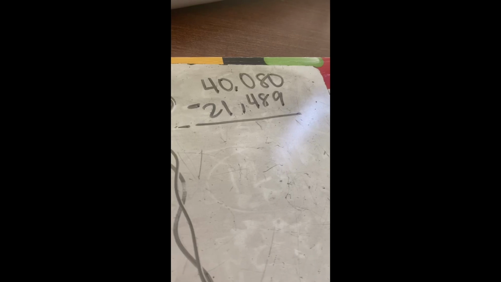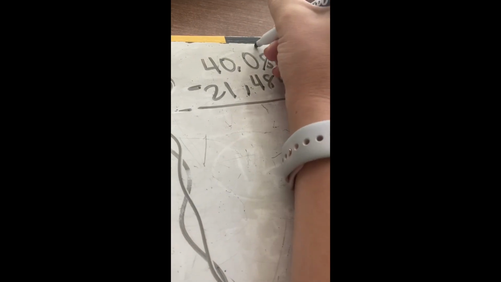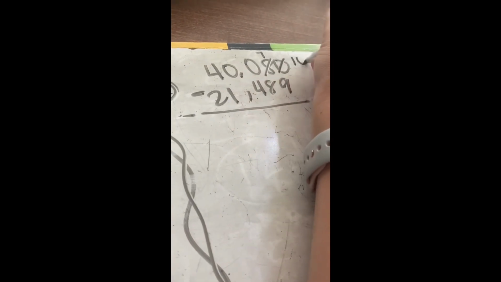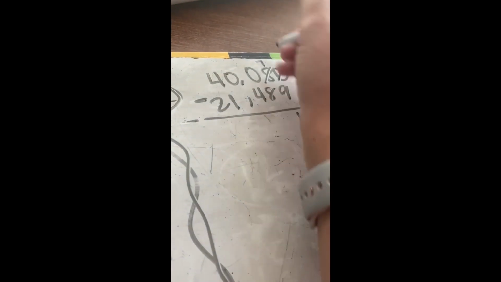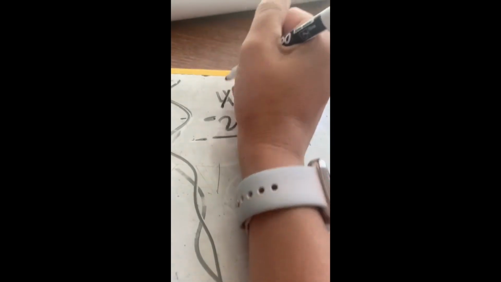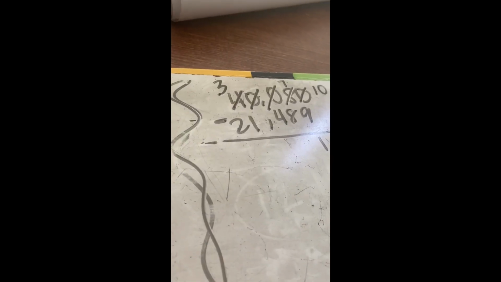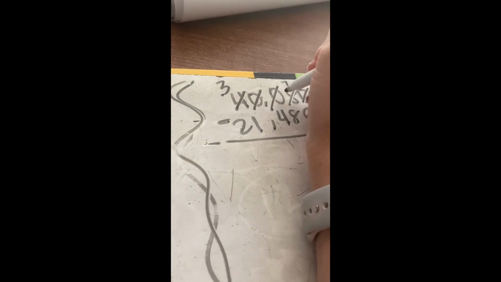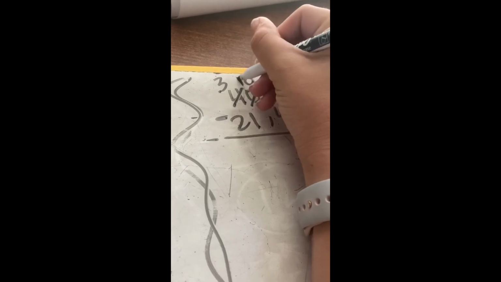Going over to the second problem. 0 minus 9, naturally you should know we can't do it, so we go next door. This becomes 7 tens, this becomes 1 ten. 10 minus 9 is 1. 7 minus 8 I can't do, so I go next door, and I have to keep going all the way to my ten thousands because they have nothing to help me out. So here's 3 ten thousands again. They gave a ten thousand to my thousands place,